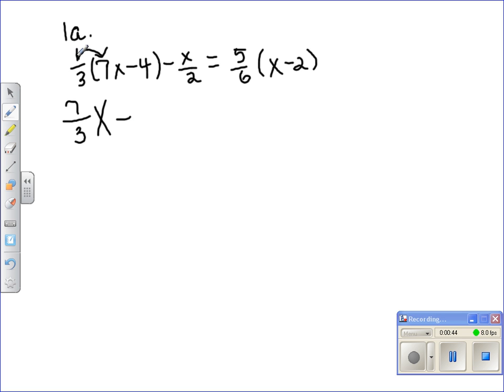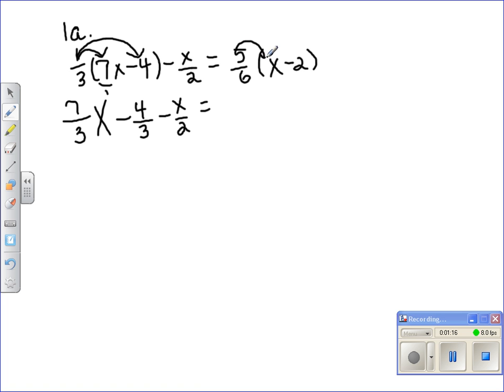Subtract. Again, I'm going to multiply the numerator times the whole number. 1 times 4 is 4 over my denominator. Now the way to think of that is I could have called that 7 over 1 and said numerator times numerator, denominator times denominator. I would have gotten the same thing. Now I don't need to distribute the 1/3 to the x over 2 because x over 2 is not inside those parentheses. So it's just minus x over 2 equals,